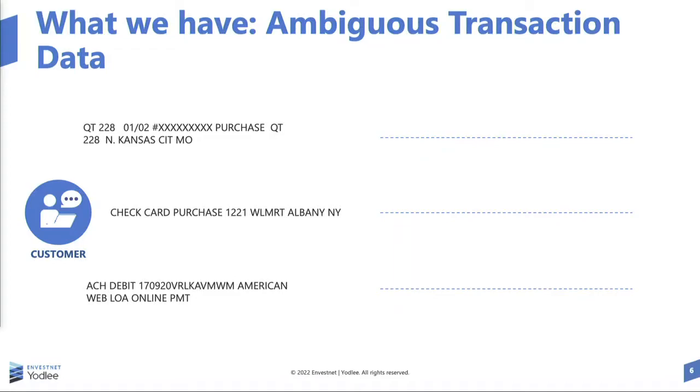But what you see are very ambiguous transaction descriptions. This is the outcome. All of us have seen that on our credit card and debit card statements. You see a cryptic description like that. That's what flows in. So what happens? A transaction description by itself is very hard to read. It has random numbers thrown in, random letters thrown in, and as I said on the previous slide, each one of the entities that I had shown can potentially influence how that description is recorded.